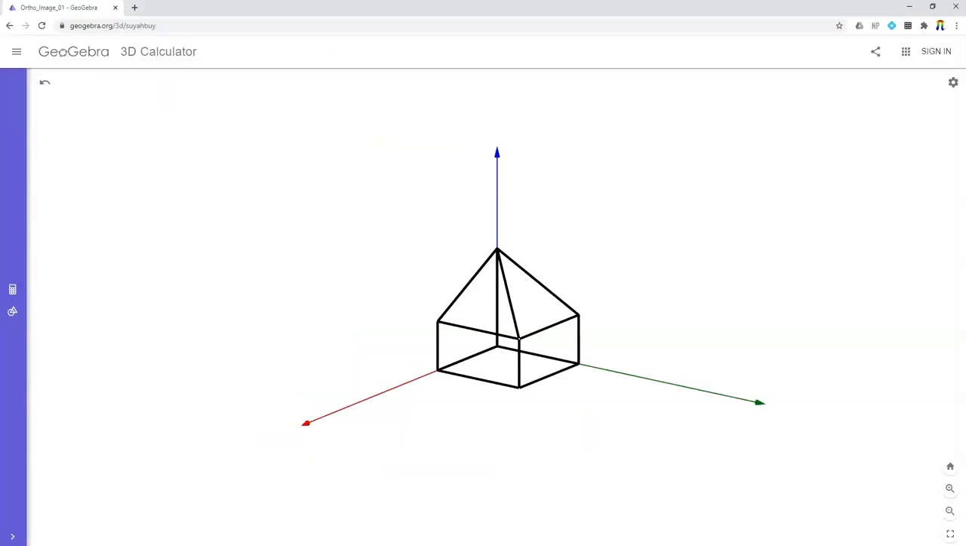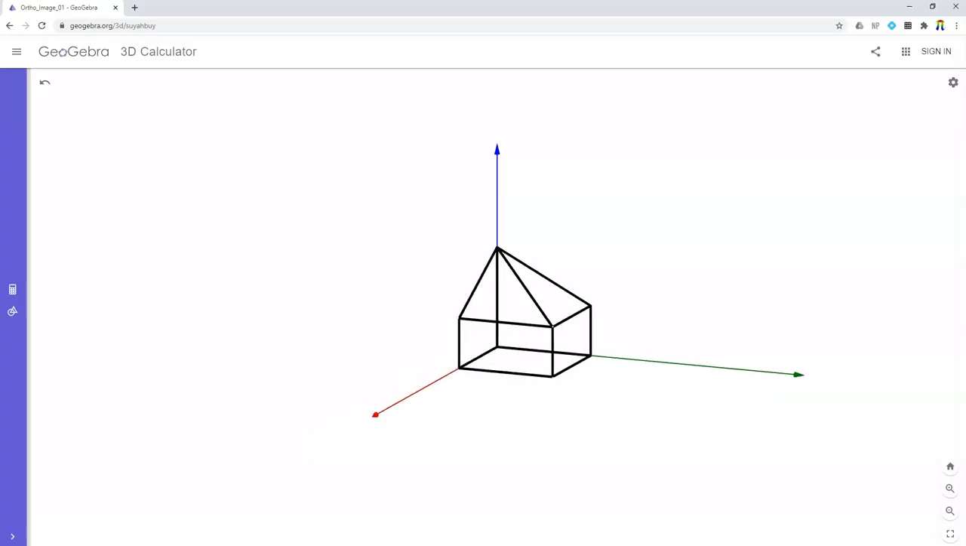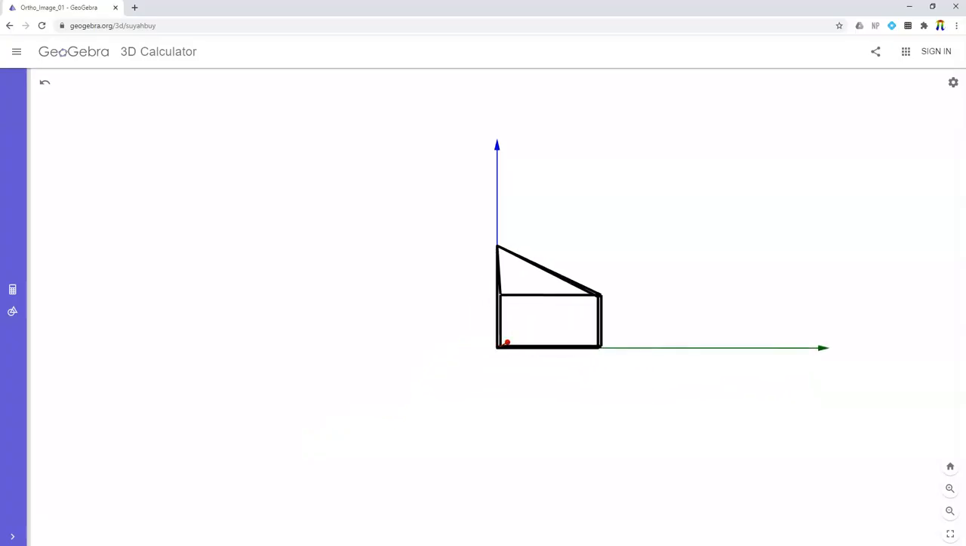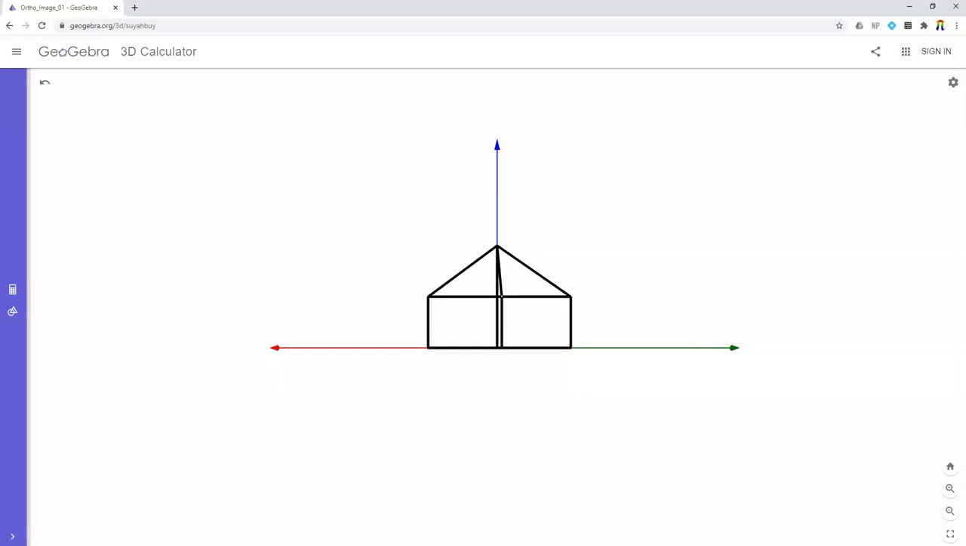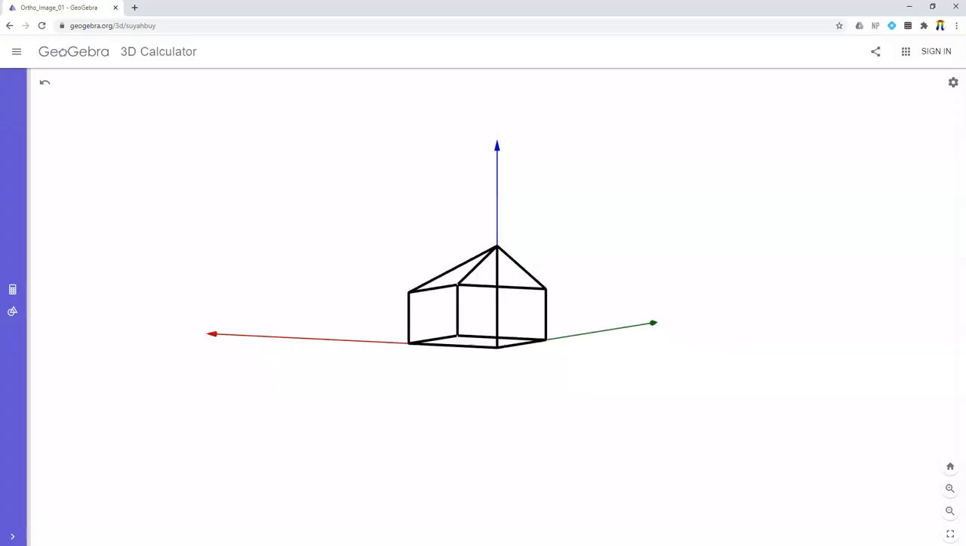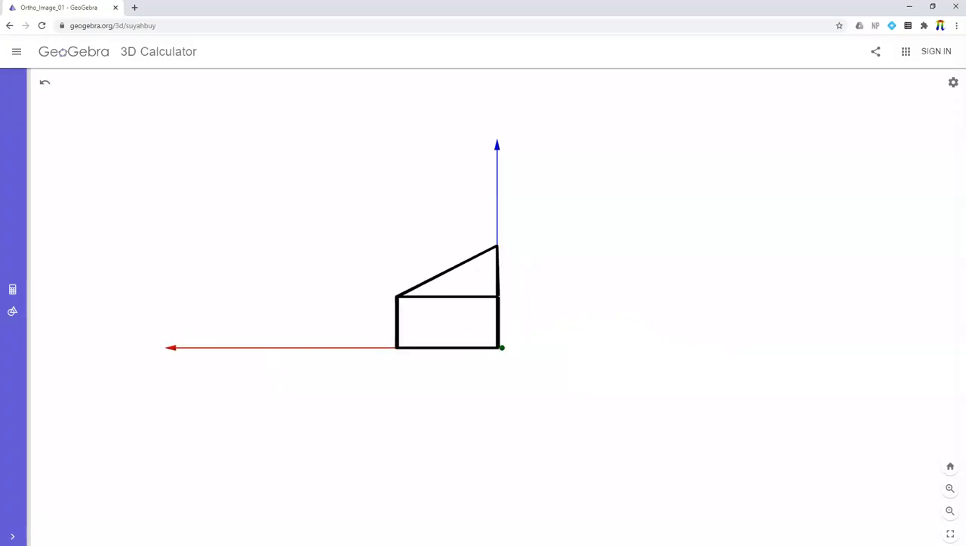Now let's look at another three-dimensional object from various perspectives. So here we have this 3D shape. This is what it would look like from the side view. From the front, the other side, and from the back,